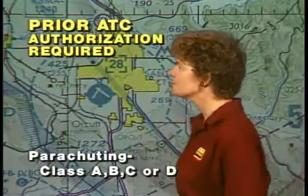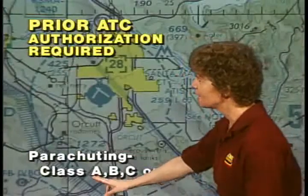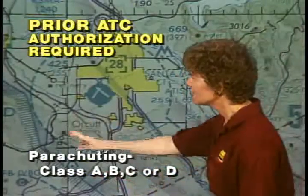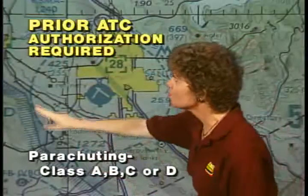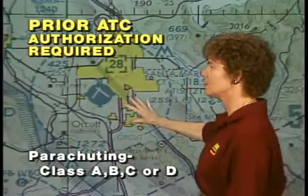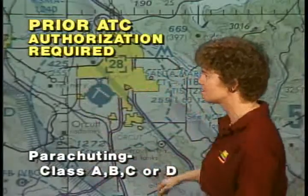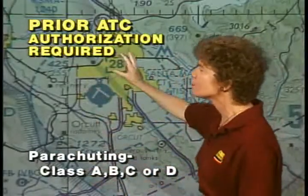For instance, if you're going to do parachuting, you have to have prior ATC authorization if you're going to do parachuting in Class A, B, C, or D airspace. Class D airspace is what we have around the Santa Maria Airport, and if you want to do parachuting in any of those airspaces, A, B, C, or D, you need prior approval from air traffic control. Now, if you want to do ultralight